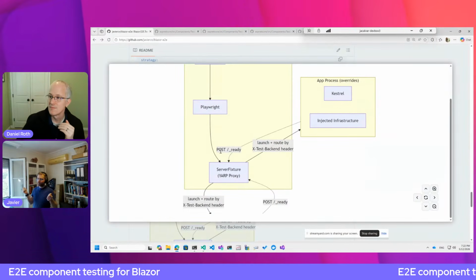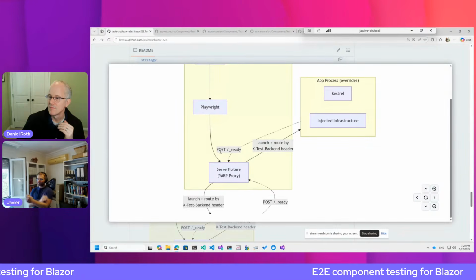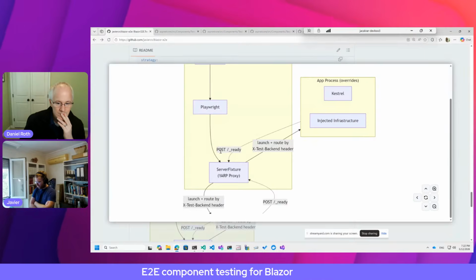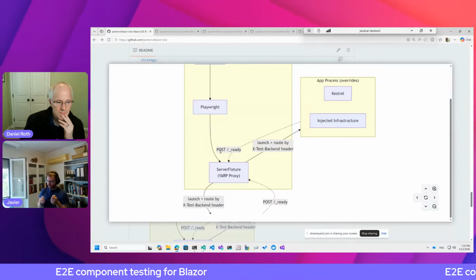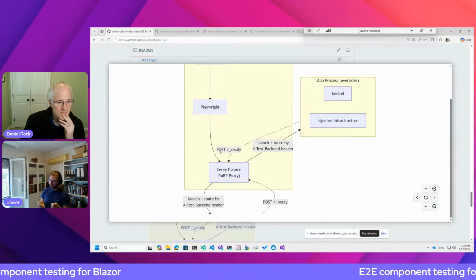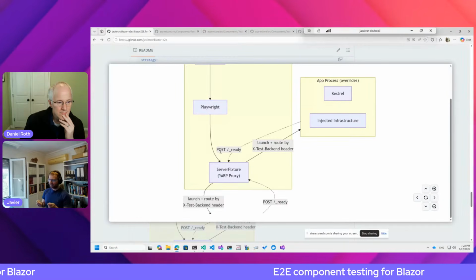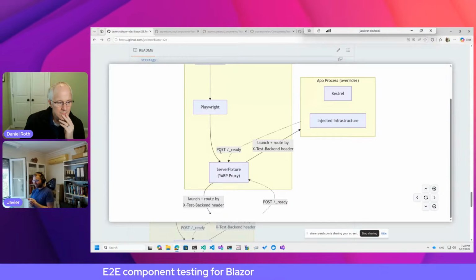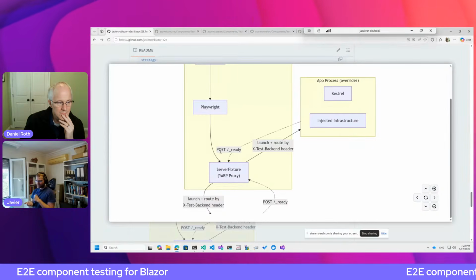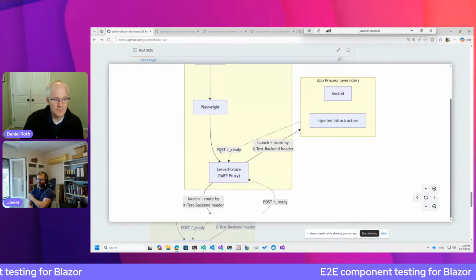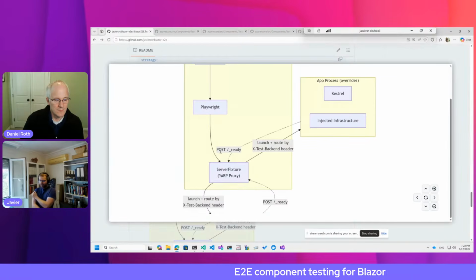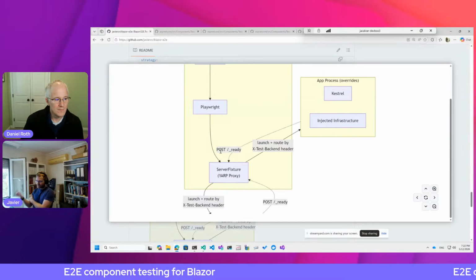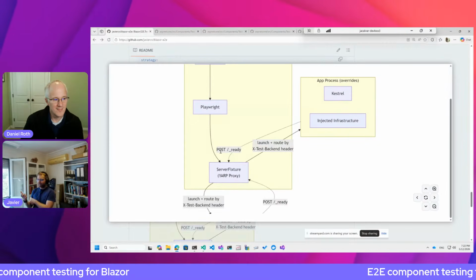If I try to spin multiple servers, then the ports will conflict, and I either need to choose a random port or do something else. So one of the things that we do in this library is we automatically start your app in a random port. But in our test process, we actually have an instance of YARP running locally, and we map your app and that instance that we just launched to a specific